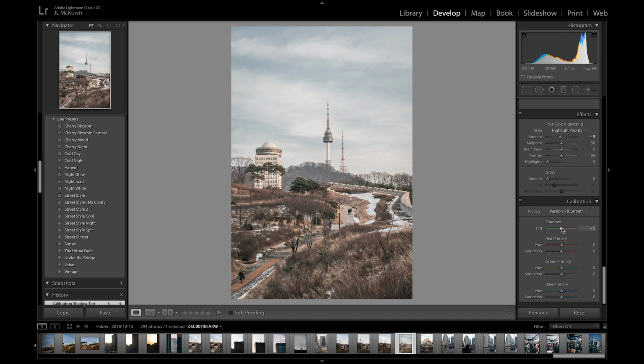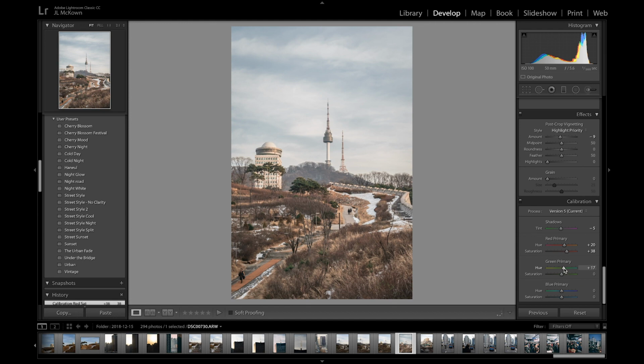We're gonna bring this down a bit to the greener side, just a little bit. Like I said before, I want more of a warmer red tone to the image, so I'm gonna bring these hues up a bit. I'm going to bring the saturation up to where, well, it looks good. How about there? That's fine. All right, now for green,